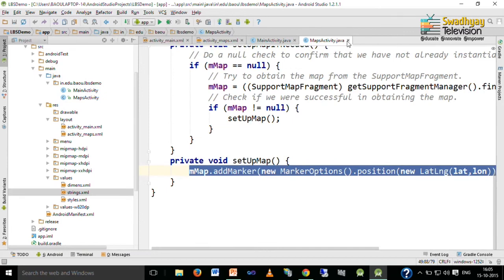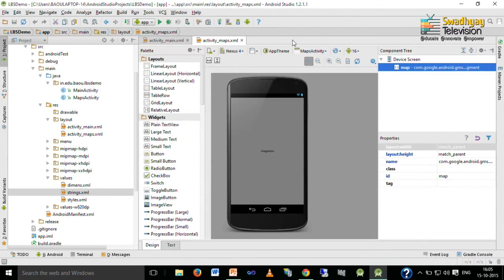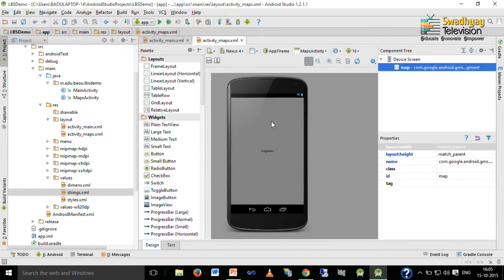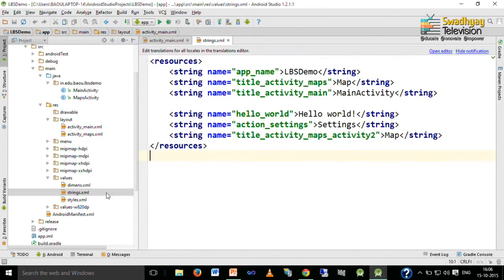You have to create maps activity, you have to create this main activity, and you have to create the interface for the main activity. This interface is already created when you add maps activity, and you have to add your permissions in the manifest file and your Google API key in this string.xml file.